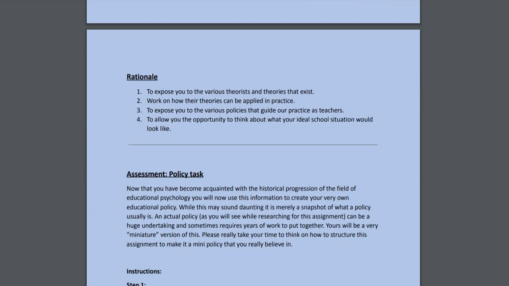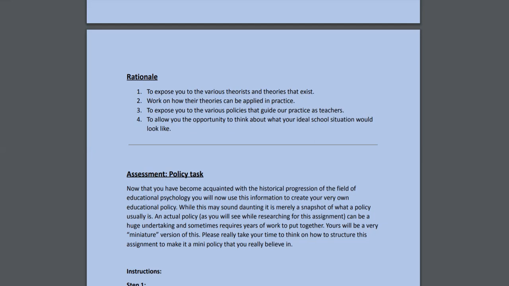So the rationale, I've decided this year to add a rationale because sometimes students ask me, why are we even doing this assignment? What is the point? As I said to you at the beginning of this module or the semester, I always have an intent with every assignment. I don't just create an assessment for the sake of marks and for giving you feedback on your assignment,